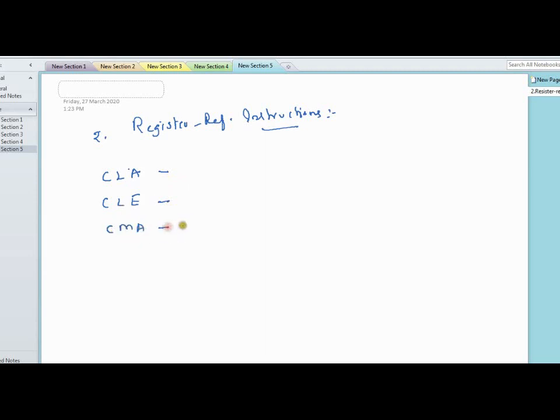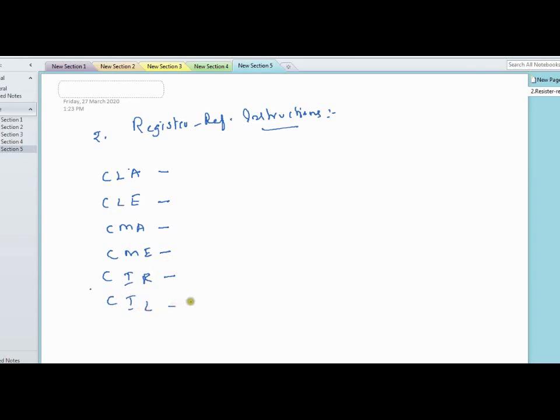CMA means complement the accumulator. CME means complement the E flag. CIR means circular right shift AC and E. That means it is simply a right shift operation including the E flag.